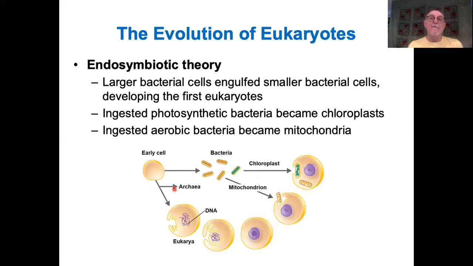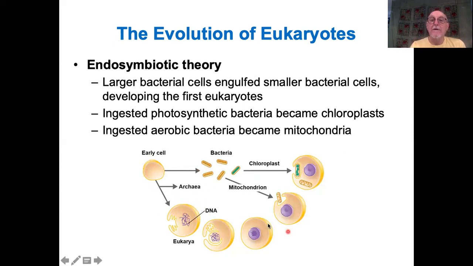We believe that the process I'm going to describe took place actually in an archaeal cell. There is a foundational eukaryote cell, a primitive foundational ancestral eukaryote cell, which was probably archaeal, or more similar to the archaea than to the prokaryotes. But this cell